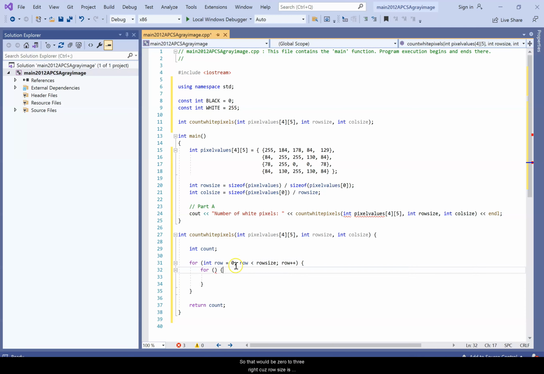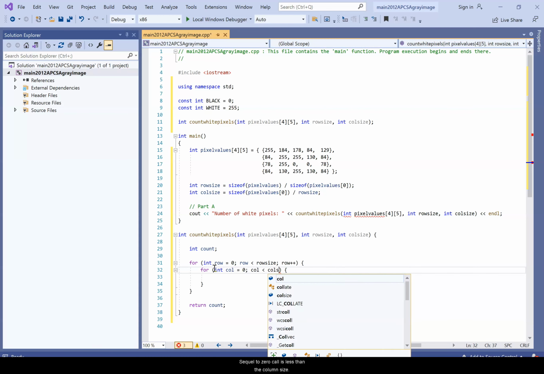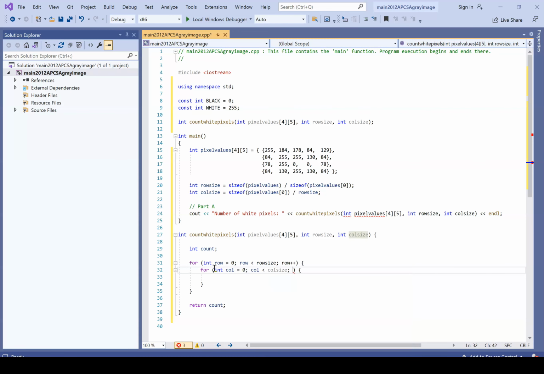So that would be 0 to 3, right? Because row size is going to give us 4. So 0, 1, 2, 3. It will process those 4 times. Okay, and then int call is equal to 0, call is less than the column size, call plus plus,